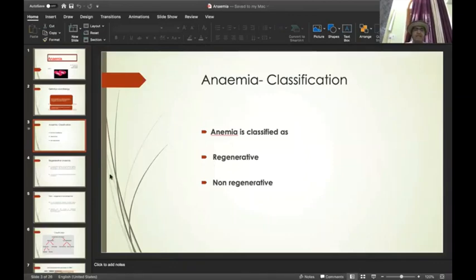As the name indicates, regenerative means it is a favorable condition. If the anemia is produced, the animal is going to produce new RBC. But in non-regenerative anemia, there are certain conditions, for example some neoplastic disease, or some problem especially in the bone marrow, where the stem cells are becoming absent, or some genetic factors are there in which the bone marrow doesn't respond